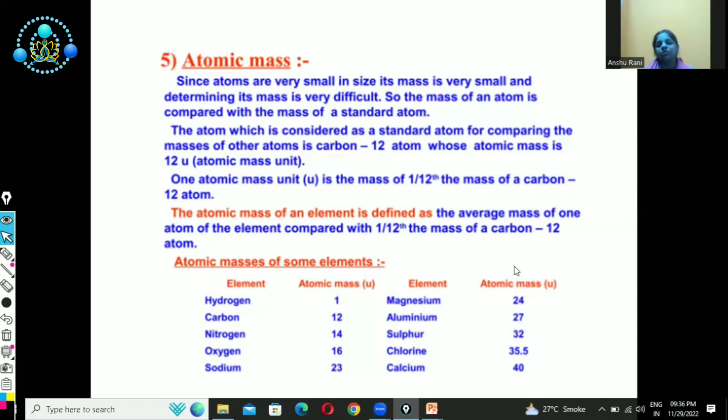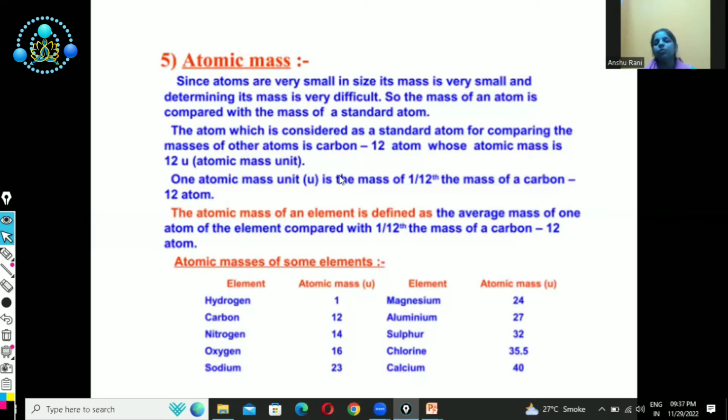Similarly, here in chemistry, we have a standard element, carbon. Carbon is taken as the reference element. Its mass is 12 units, and 1/12 of that mass of carbon will be considered as 1 unit. That was initially called 1 AMU. 1 AMU means 1 atomic mass unit. Nowadays it is called 1 u. u means unified unit. u is a universal value which is used all over the world in the same way. Right? When you want to measure the mass of any substance in comparison to carbon, that will be called